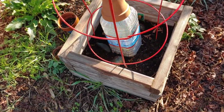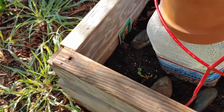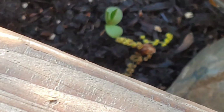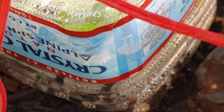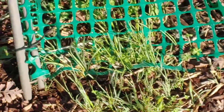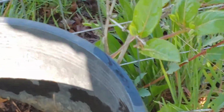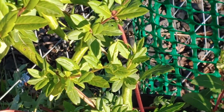Well, some plants came up in it. Oh, they didn't make it. They died. I'll never know. Well, that one might be alive. That one's still alive. The other one over here is not looking too good. It's just been too cold. And that's a tomato plant I got a cloche over. Another elderberry here. Some more plants back there. Oh man, that cold. Got some stuff in this. I think this is my cramp bark bush, and this is my